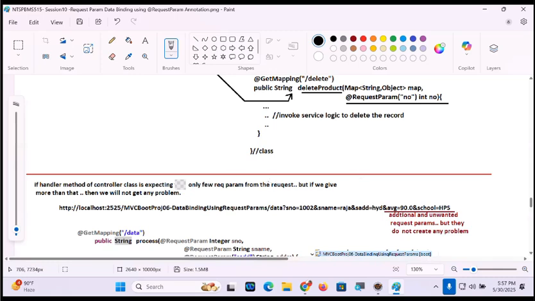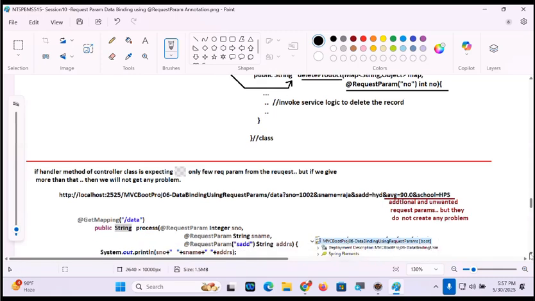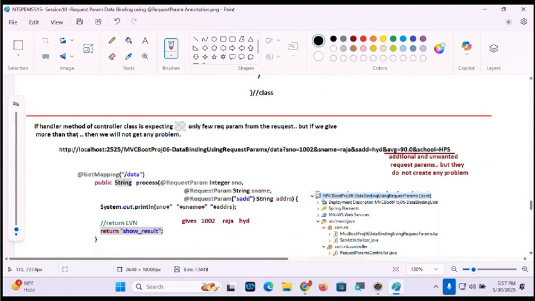Super, guys. Next one. If the handler method of the controller class is expecting only a few request parameters, but we give more than that, then there is no problem. Giving more values will never cause a problem, but giving fewer values will.